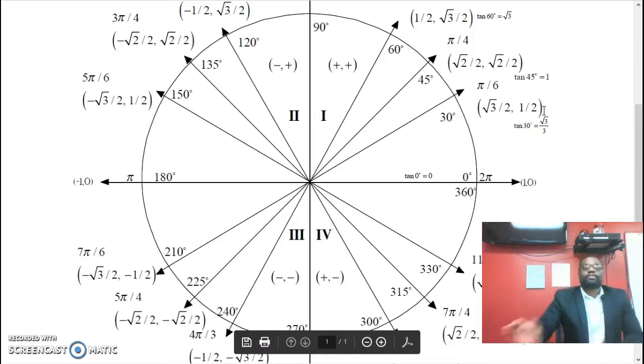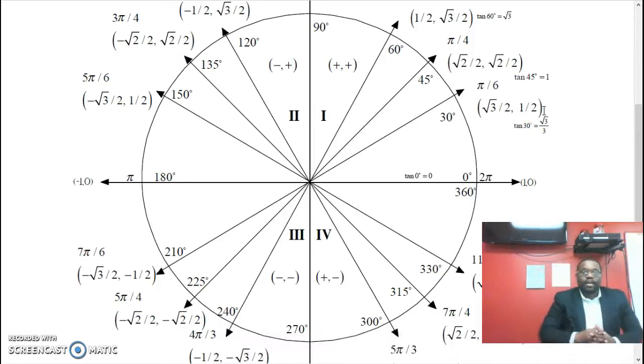What about the cosine of 5 pi over 6? 5 pi over 6 is here, which is the same thing as 150 degrees. The cosine will be negative square root of 3 over 2. And so they do stuff like that. And so that's what we need to make sure we remember, that the x is the cosine,